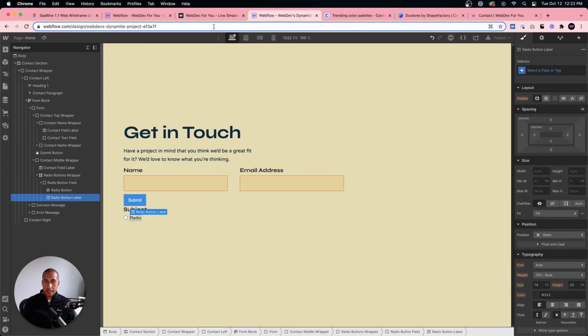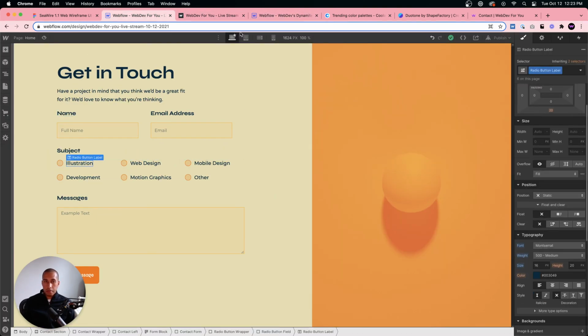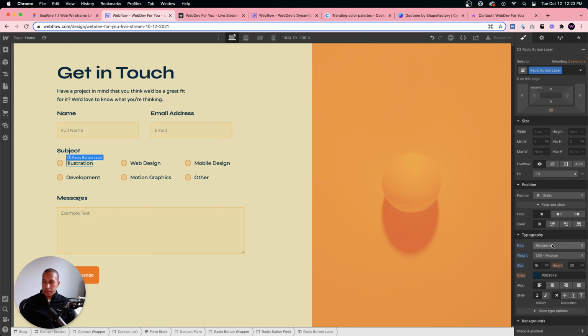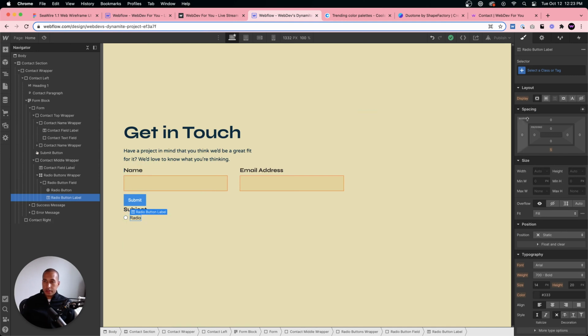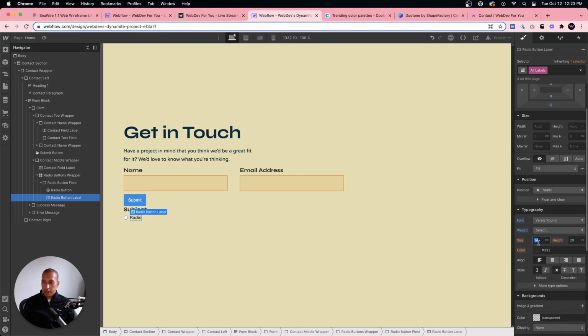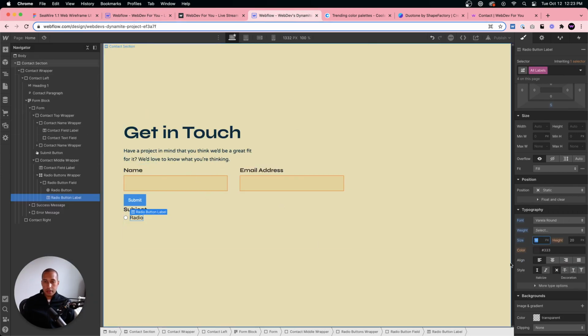But I'll go ahead and style this radio button. So for the text, I'm using Montserrat for this. Actually, I'm going to use Varela. Let me see what Montserrat looks like here. Yeah, no, I'll use Varela. So this should actually be Varela Round. Okay, so we'll use Varela Round. So for the text, let's just say all labels here, and we'll style all the labels. And I'll say Varela Round, and the size we'll set it to, what did I use here? Yep, 16. And a line height of 1.3.